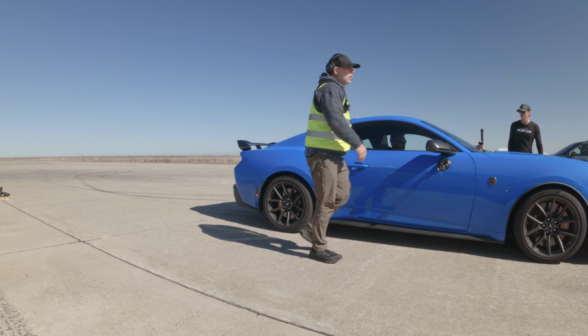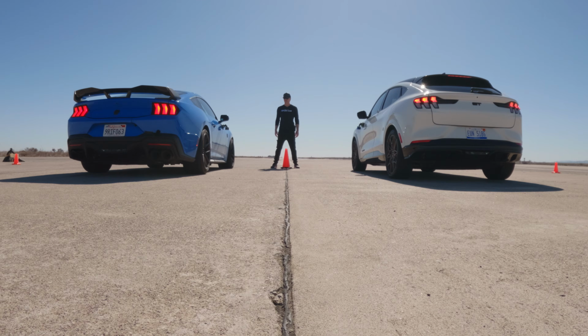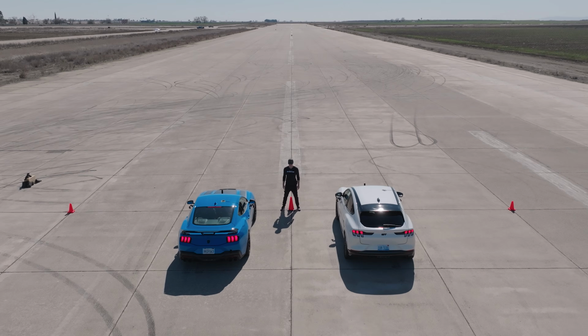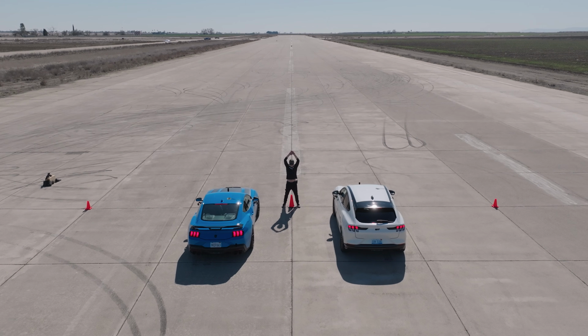All I'm gonna do is put it in drive and floor it when I hit go, and hope I can keep up the lead through the corner. But I don't know, that Mustang, that Dark Horse is so quick. Once it gets moving, I don't know what else I can do other than hope. So here we go. Five, four, three, two,